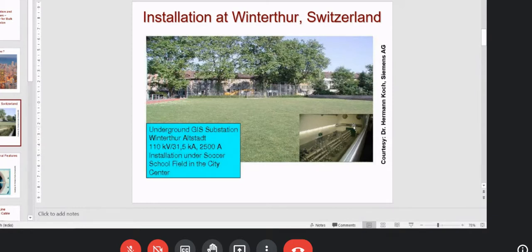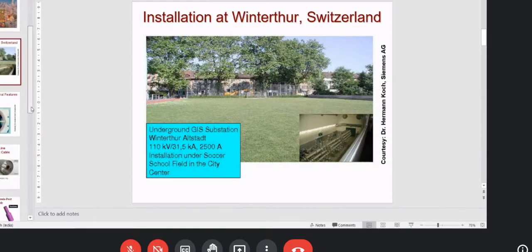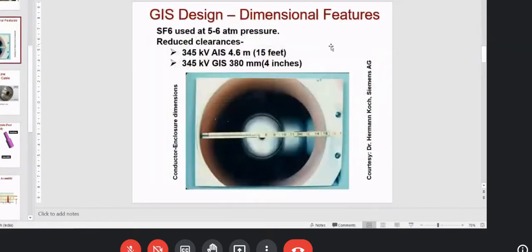But this miniaturization, as you can see in the inset, also has certain issues. So I will show you a photograph to understand that. Now you can see the actual design of the GIS, again given to me by Siemens. The outer cylinder is actually the arched enclosure, which is of course metallic, and the inner cylinder that you can see is the high voltage conductor. That's how the GIS is designed. This is typically a coaxial cylindrical system.